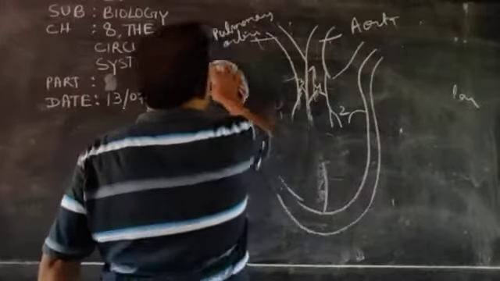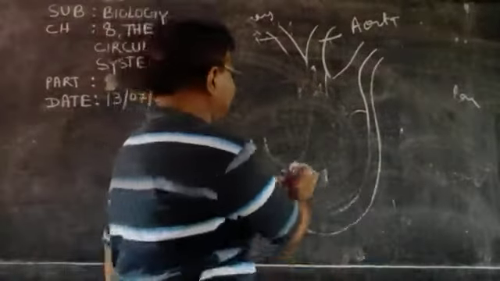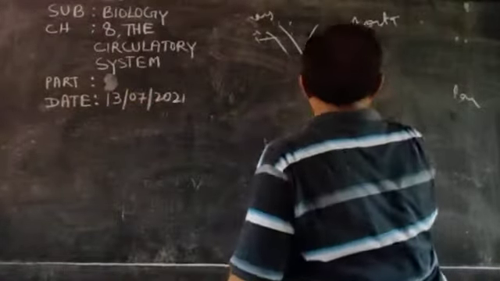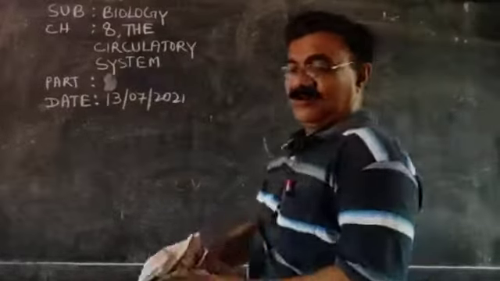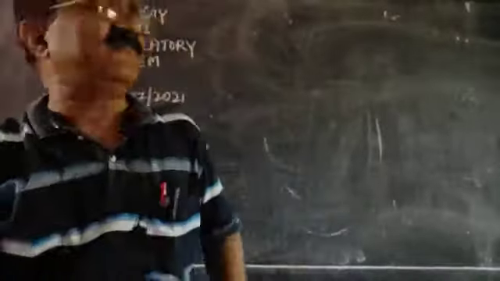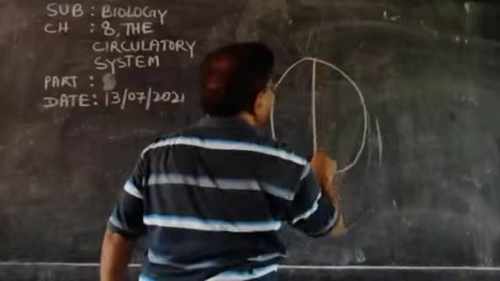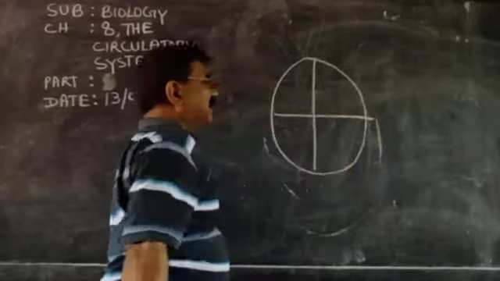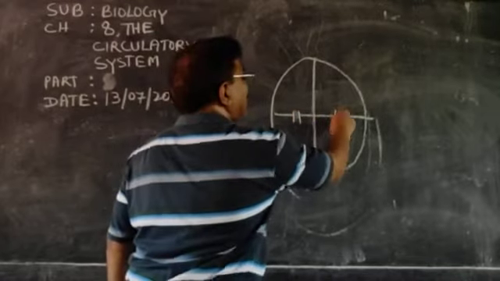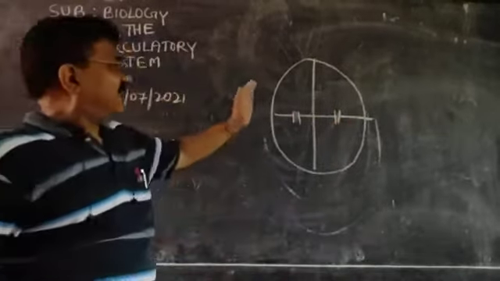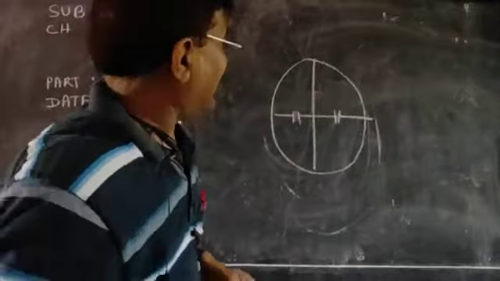Now coming to the other topic. Next topic is circulation of blood in the heart. How the blood circulates in our heart. Contraction and relaxation you know. Let me show by a rough diagram. Let it be the heart. 4 chambers are there. Okay, and here the passage is there, the tricuspid and bicuspid valve. Now see, the upper two chambers are the atria.